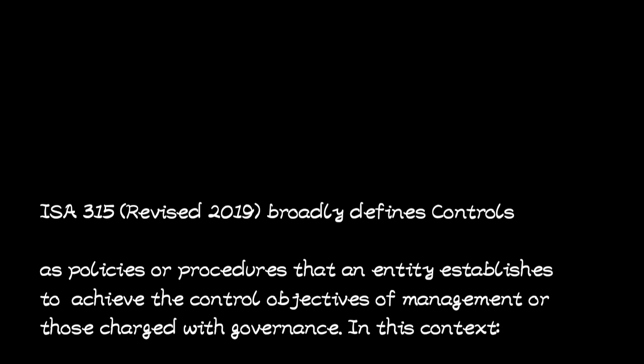So, internal controls are procedures or policies or designs that are implemented in the organization so that they can achieve the objectives of the organization that were set by management or those charged with governance. That's what we call internal controls. In internal controls, we said they are policies and then procedures. So we are going to look at what policies are and what procedures are, and how policies are different from procedures.